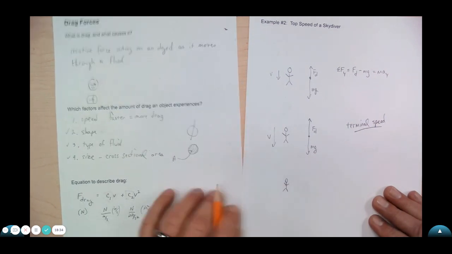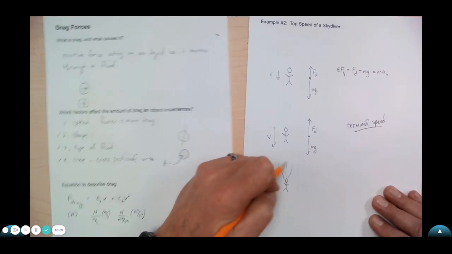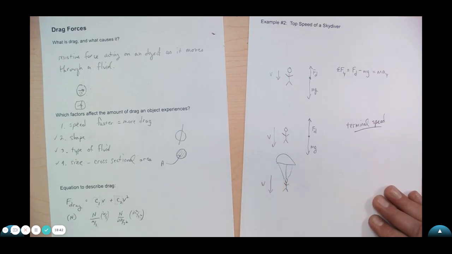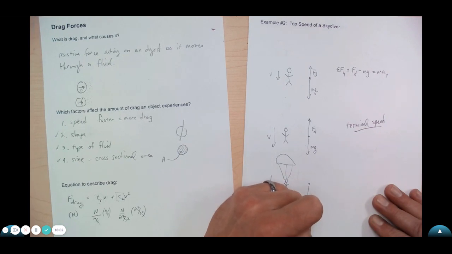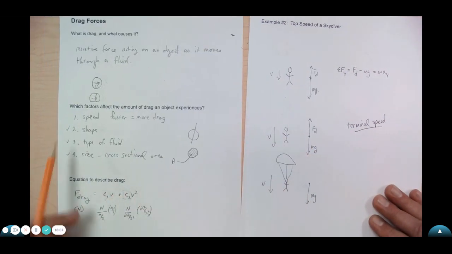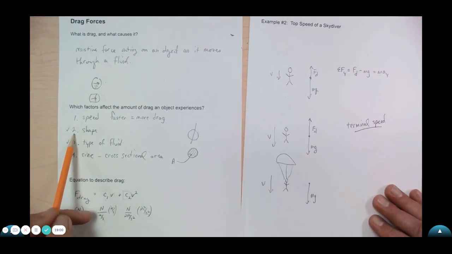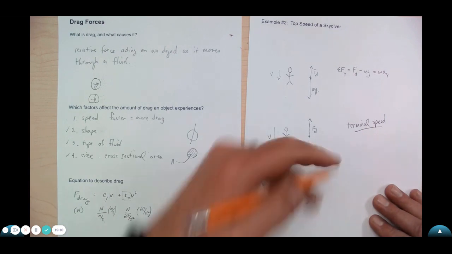You pull the cord. You're moving down really fast, and all of a sudden, big parachute. Now, you were at terminal speed because the forces acting on you were balanced. Now let's look at the forces. Your weight is still pulling down on you, but look at what you have changed. You have changed the shape of you. You haven't done anything to the type of fluid, and you have changed in a big way the cross-sectional area, because this thing has a huge cross-sectional area. Now what that means is